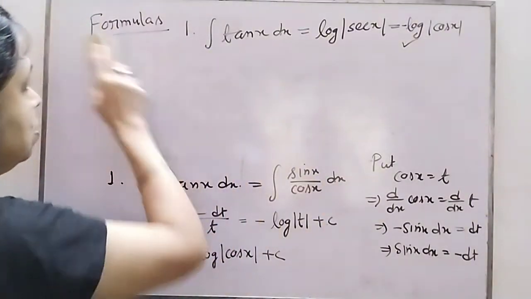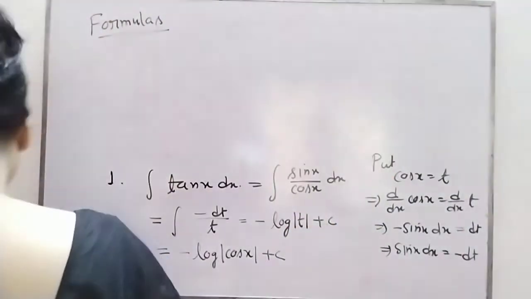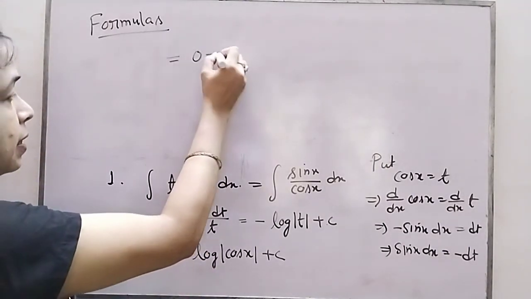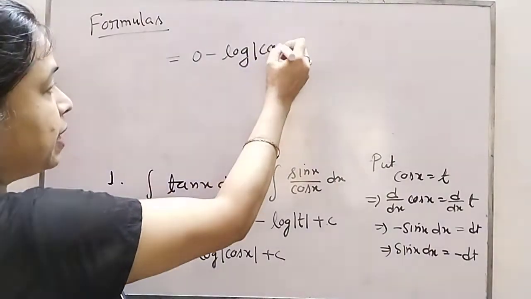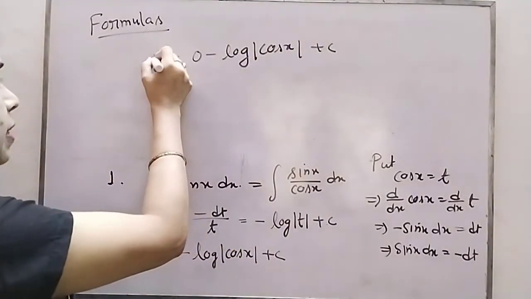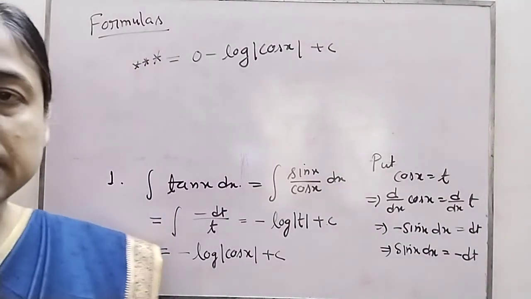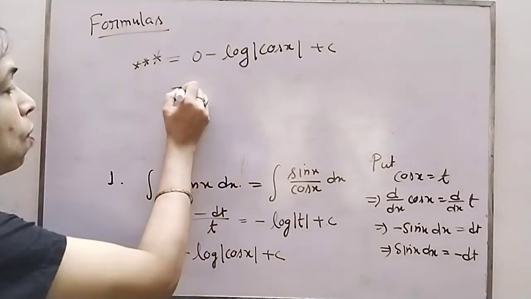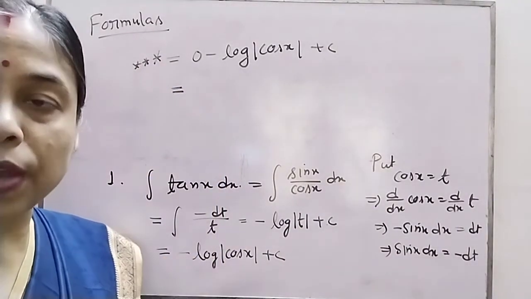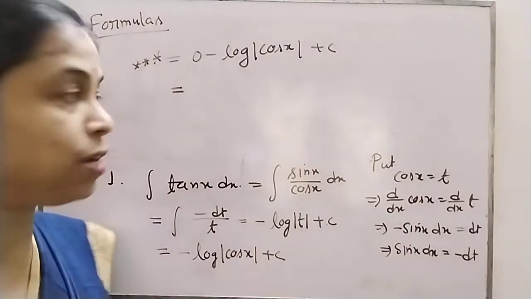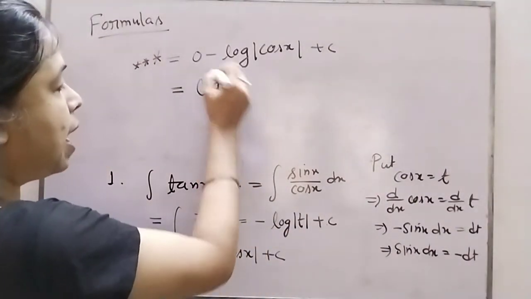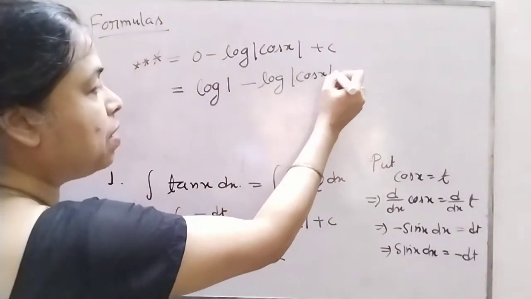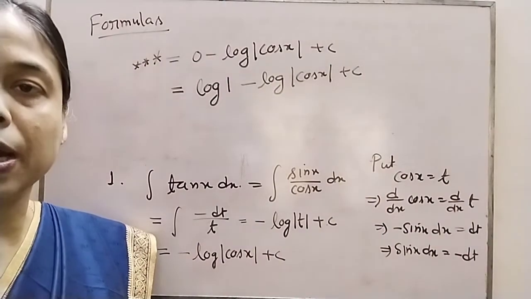Okay. Now, for this purpose, what I am going to do is just see. Can I think of this as 0 minus log of modulus of cos x? Hope you understand why. This step I have done myself. I am giving a star mark just to understand that here we have to do some manipulation. So, log of 1 is equal to 0. As I want to get that sec from here, I want to introduce it, so I have used this 0, and in the place of 0 I have used log of 1. You may give a modulus sign, or without giving also the meaning will be the same, because we know 1 is positive.